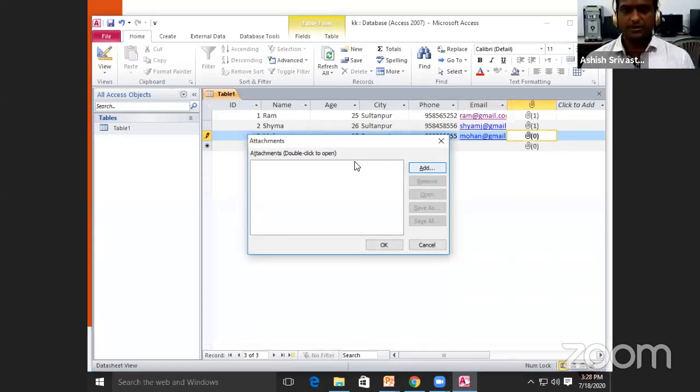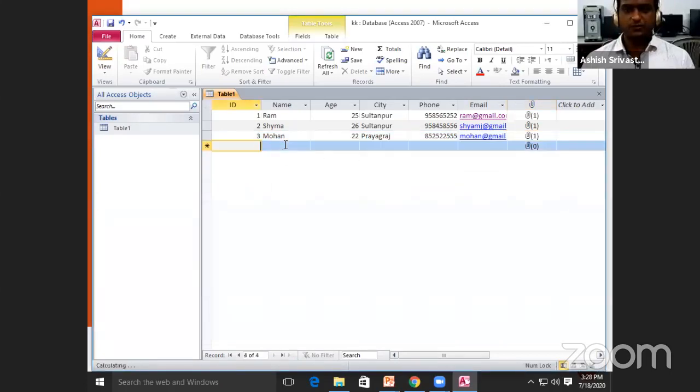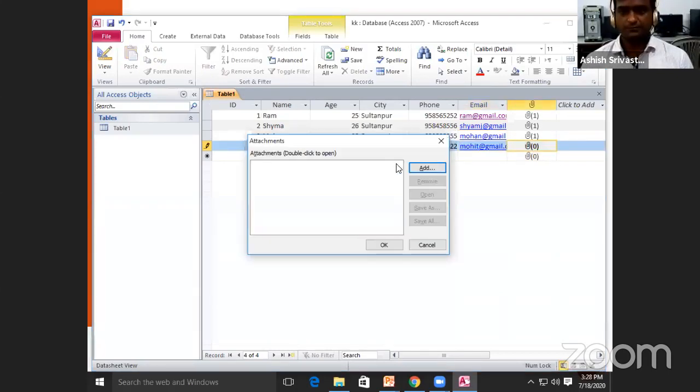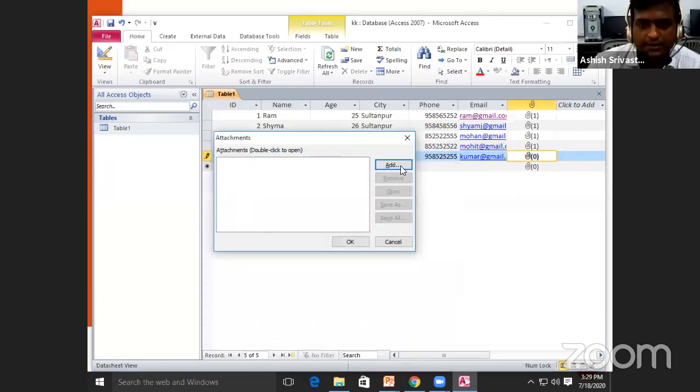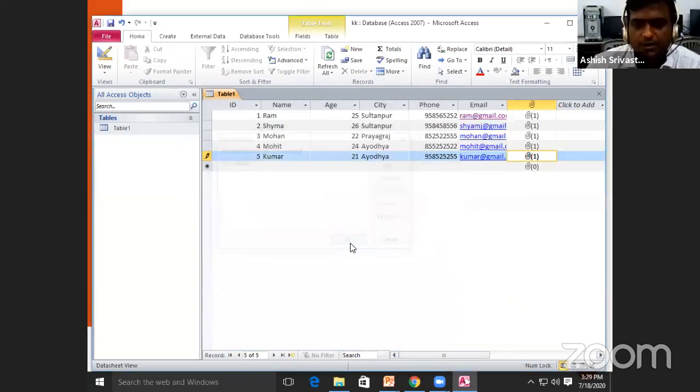नेक्स्ट, और यहाँ पर भी एक अटैचमेंट मैं यहाँ पर लगा दूंगा, ताकि जब फॉर्म इससे रिलेटेड क्रिएट किया जाए तो वो ऑटोमेटिकली ये सारी इमेज दिखें। Yes, और एक फाइनल रिकॉर्ड मैं यहाँ पर ऐड करता हूँ। और फाइनल रिकॉर्ड में अटैचमेंट के रूप में मैं यहाँ पर डबल क्लिक करता हूँ और यहाँ से ऐड करने के बाद कोई एक पर्टिकुलर अटैचमेंट यहाँ से सिलेक्ट कर लेता हूँ।